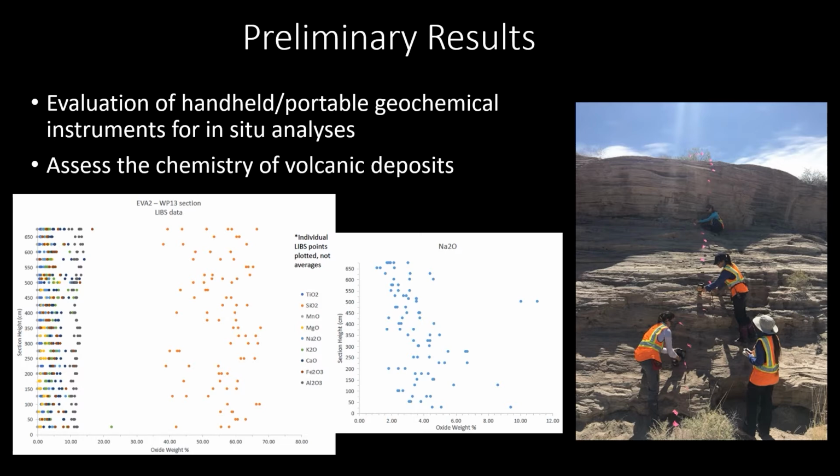But you can see there's quite a spread there. I pulled out sodium as a separate plot because perhaps there's a decreasing concentration trend as you go up section. But I know this needs to be looked at and thought about a little further. Overall, these plots give you an example of the sort of data and trending that are possible with these geochemical measurements.